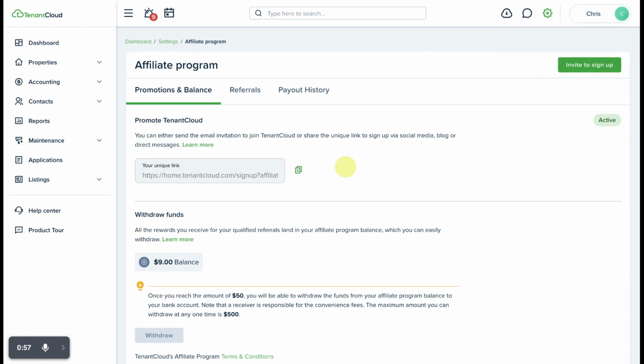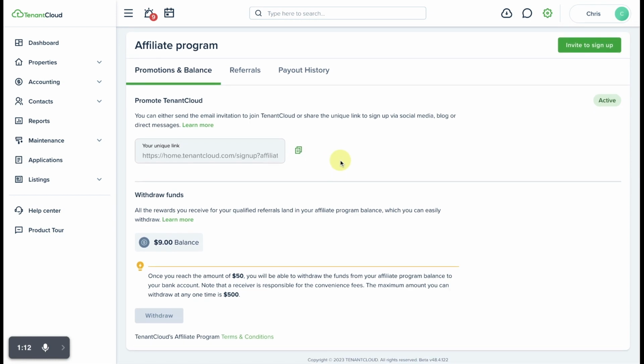Now, all you have to do is to simply use your link to send to anybody that you want to refer to the TenantCloud platform. And when that user signs up for a qualified account, you will get credited for that sign up once they have met all of the criteria. Once you have reached the amount of $50, you'll be able to withdraw the funds from your affiliate program balance